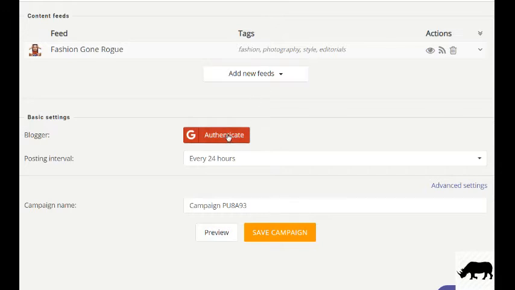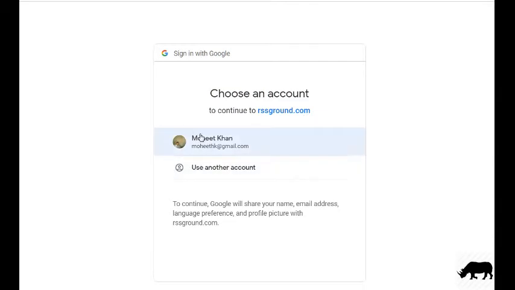From here, authenticate your blogger. This is the email I use for my blogger. I'm already signed in, so the system brought me to this page.